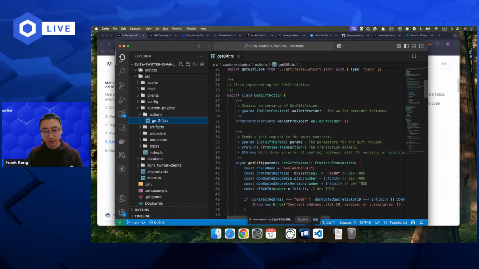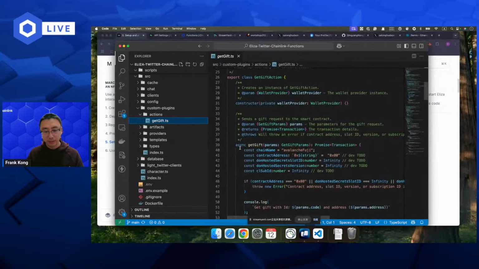And in this file, you can see that we have some parameters. For the convenience and to save time, we just write these variables hard-coded. So if you don't want to do that, if you don't want to hard-code all the variables, you can still include these variables from the arguments. But for simplicity, I just wrote these values hard-coded. The first one is the chain name, Avalanche Fuji. The second one is the contract address. Because you want the AI agent to trigger the functions, you need to tell it which smart contract, what is the address of the smart contract.